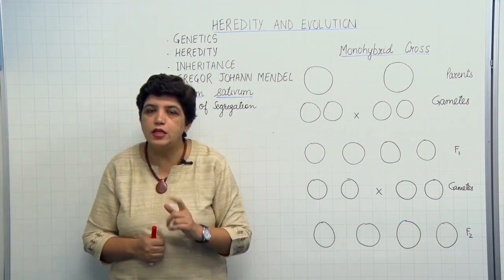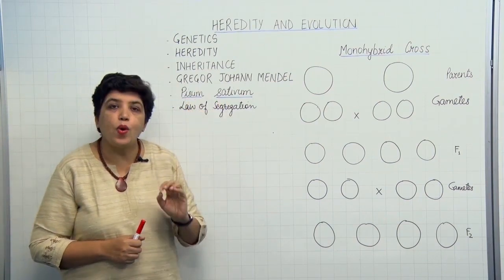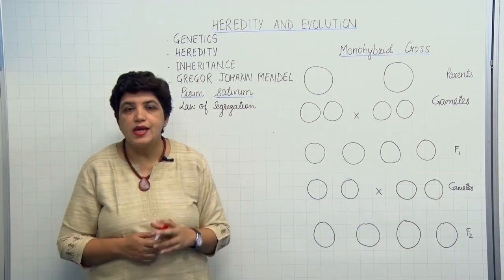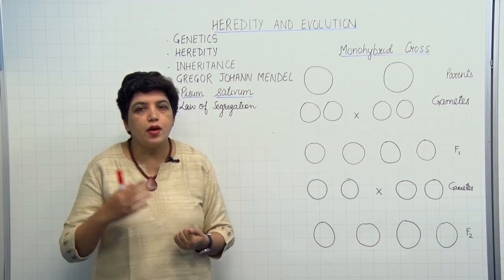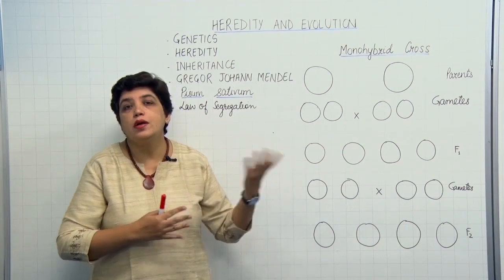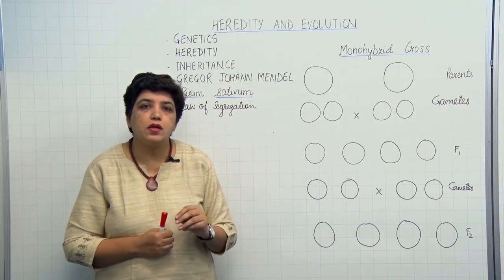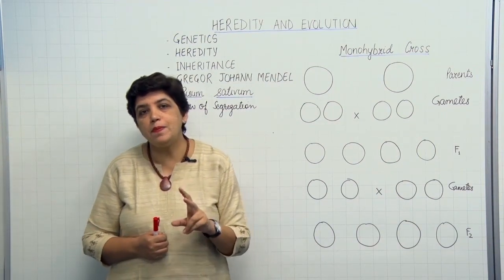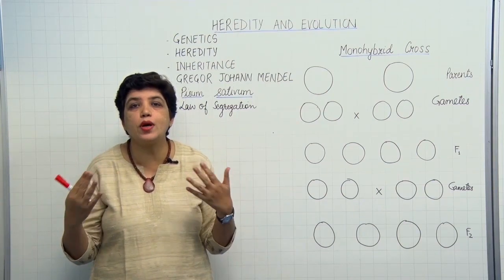Before we move further, let me tell you, he chose the pea plant. The scientific name is Pisum sativum. Why did he choose the pea plant? Firstly, pea plants are very easy to grow. Secondly, the flowers of the pea plant allow self-pollination. However, cross-pollination is also possible, so different breeds could be bred to produce a new generation of pea plants. Thirdly, each plant gives rise to a number of seeds. But the most important reason is that pea plants show a few contrasting characters, so it was easy to compare them.